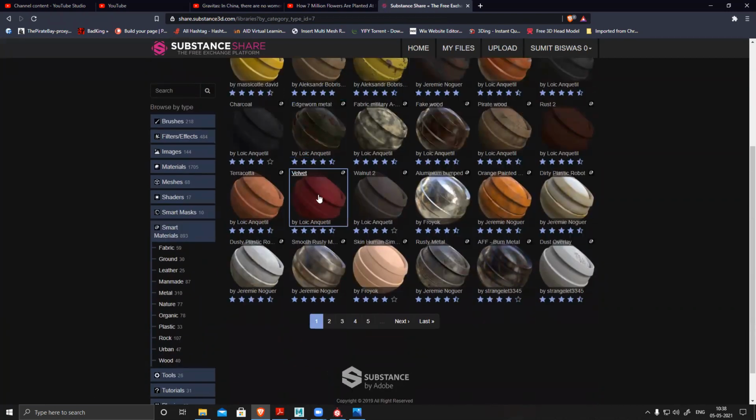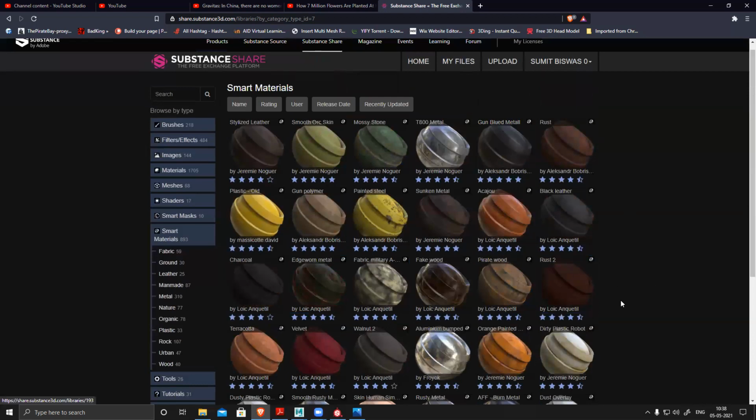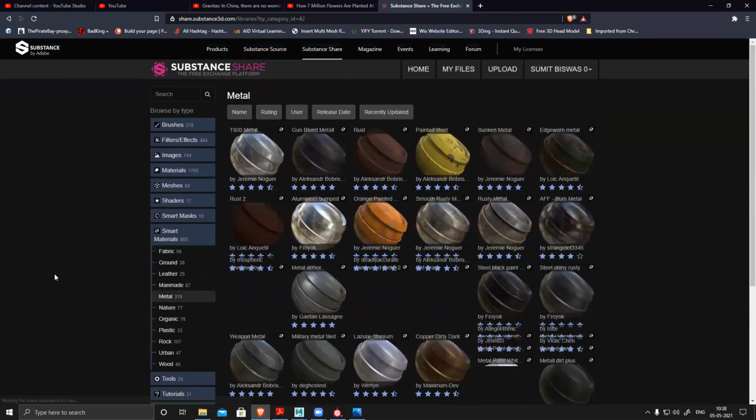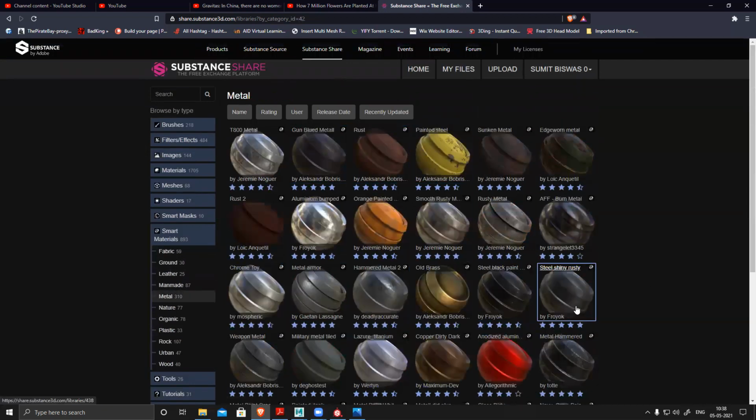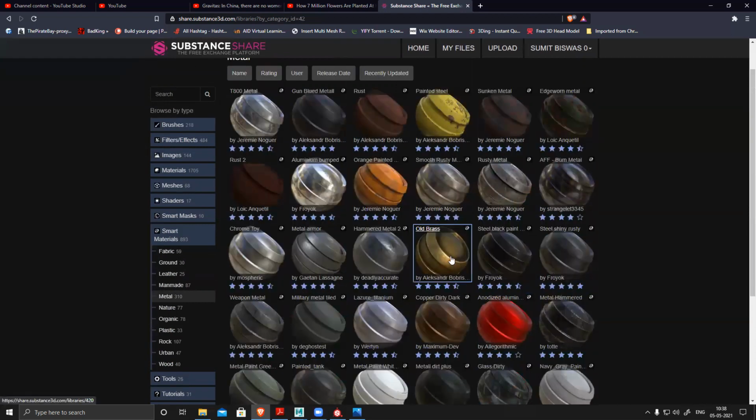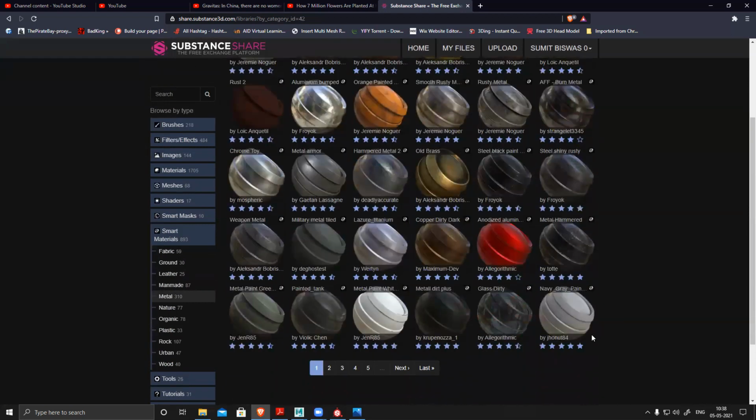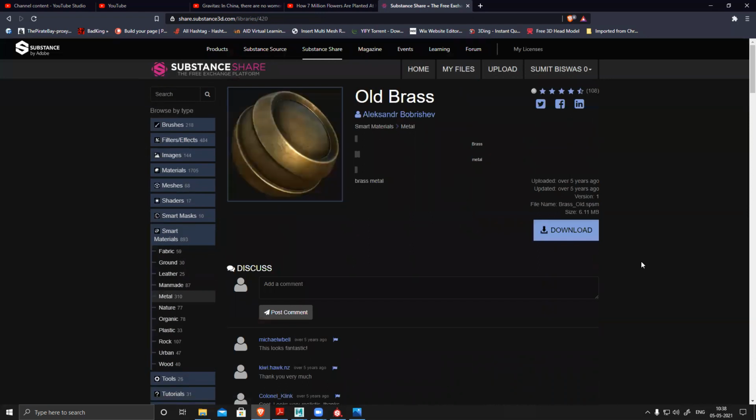So like this you can download anything you want, let's see, fabric, metal. I have metal. Let's click on metal. You can see there are so many presets. You can see nice presets are there. A lot of them, I kind of like this old brass. So suppose I want to use it. Let's click it. Download. It will download,